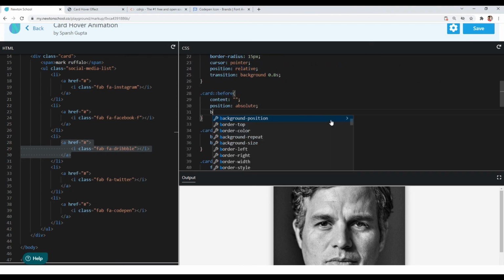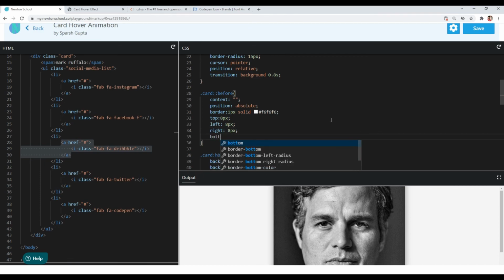Now let's give it a border of 1 pixel solid and #f6f6f6 in color. Also let's position it, so I want to position it 8 pixels from the top, 8 pixels from the left, right also, and 8 pixels from the bottom also.